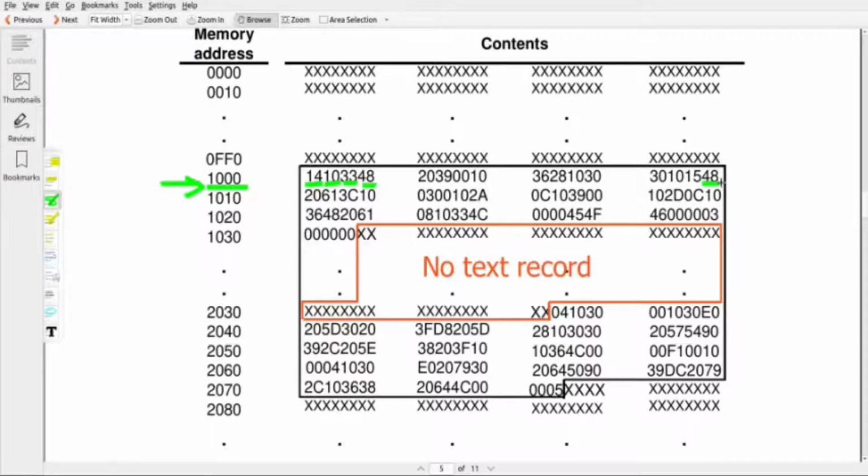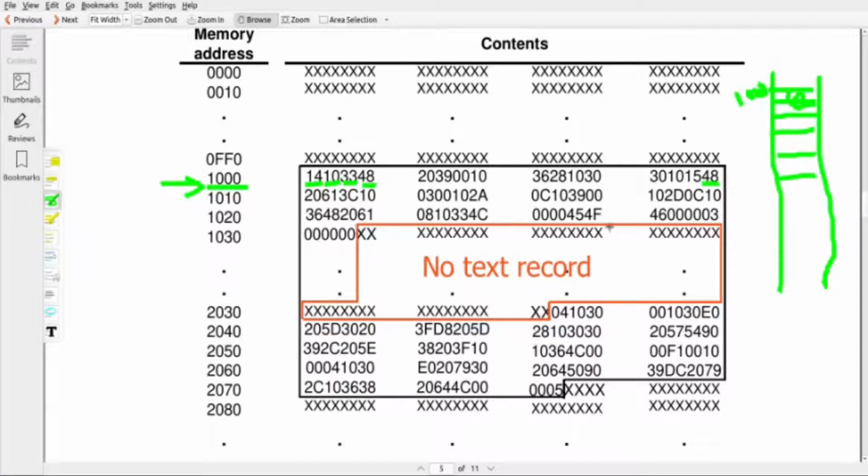So 1000F, that means hexadecimal number 0 to F. There are 16 columns, total 16 columns. Each row of 16 columns is addressed from 1000 to 1000F. So after 1000F it will come 1010, then 1001F, then 1020, 1002F, 1030, like that it will continue. This we have arranged just for the understanding purpose. Actually it is a sequential memory.